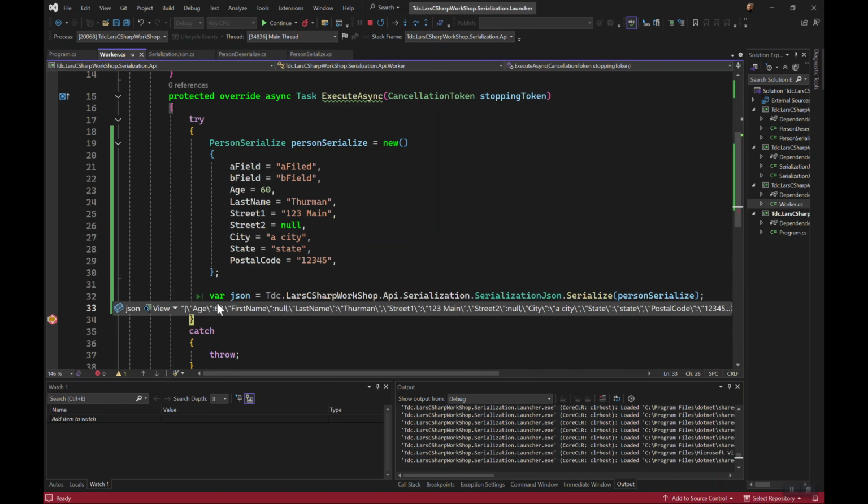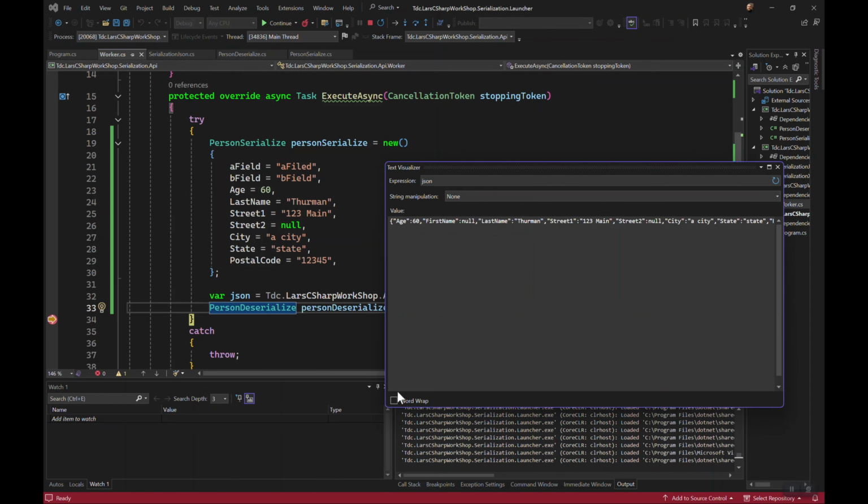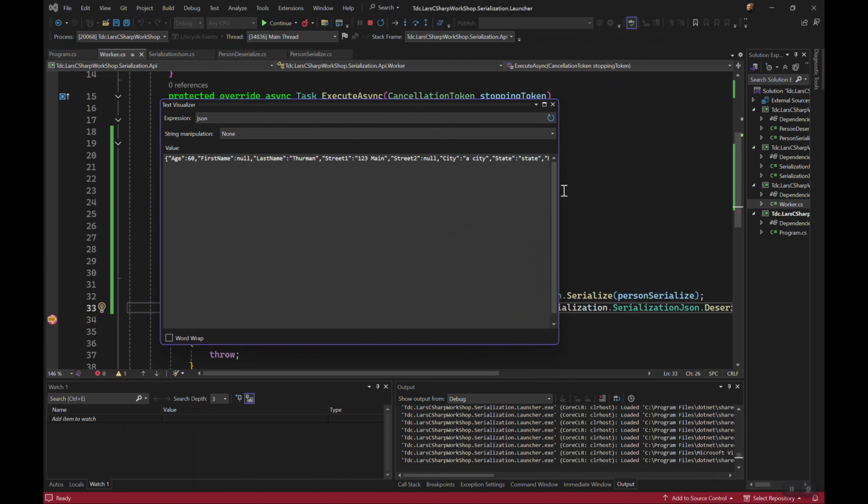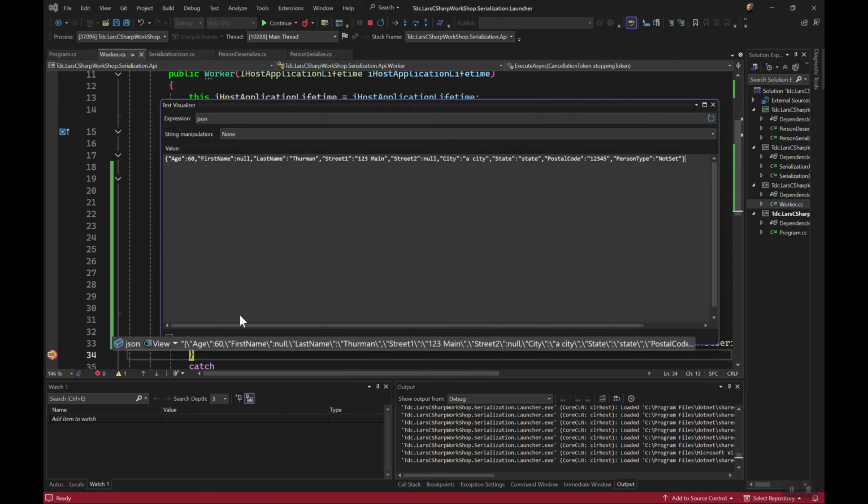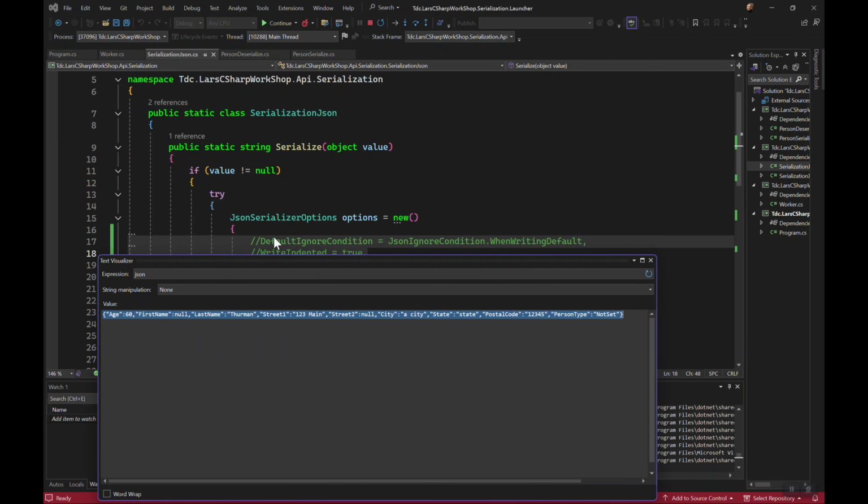So the JSON output looks like this. It's just a big string. So without the write indented, you're going to see this as one big long string. It's not going to indent it properly for you. Without the default ignore condition, so when writing a default to ignore it, you're going to get things in here like street2